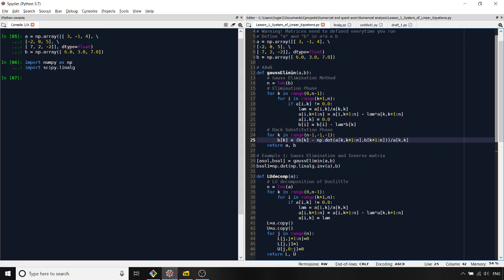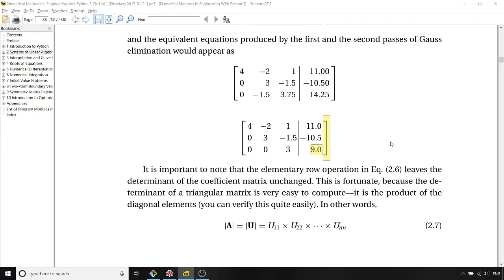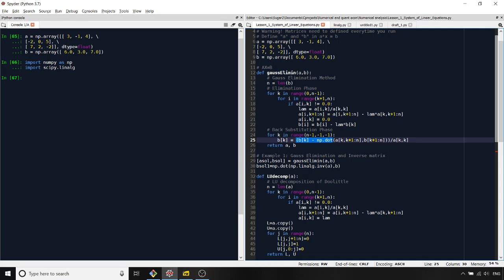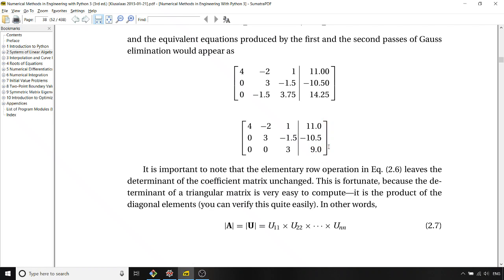So each of the elements of b which are below, by the corresponding elements in a, and divide them by the diagonal element. So what it does is, if you see carefully,